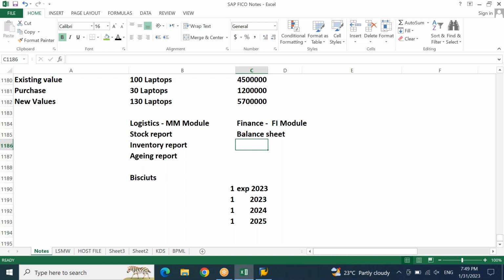P&Ls. Inventory. Balance sheets. Your inventory is not part of P&L. Your inventory is part of balance sheet. In your P&L, you are only going to add the inventory movement. In P&L, you are capturing your material movements, like whether stock is coming in or going out, receipt and consumption. But what is the value of my stock? It is always my closing stock. Am I correct? Yes, sir. Whenever you prepare your P&L, you will write